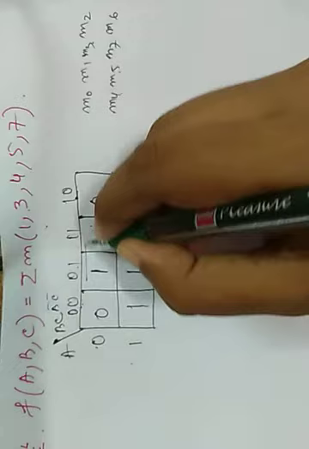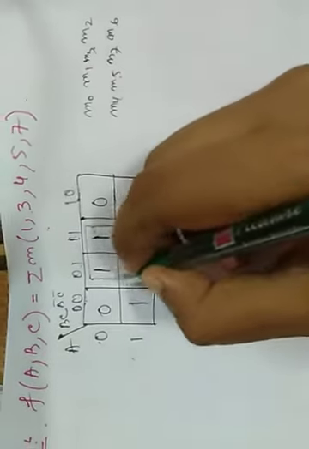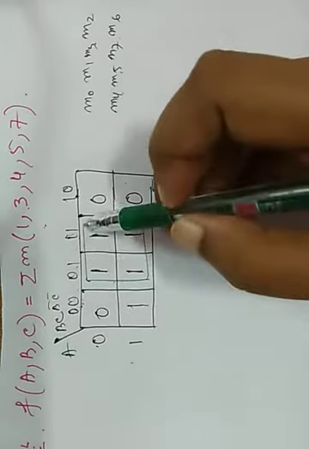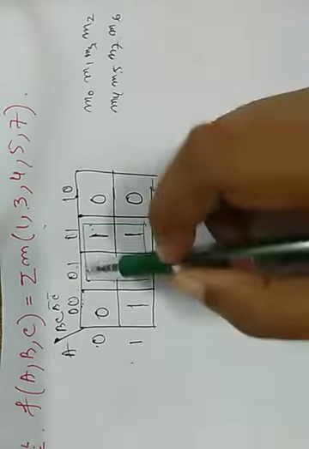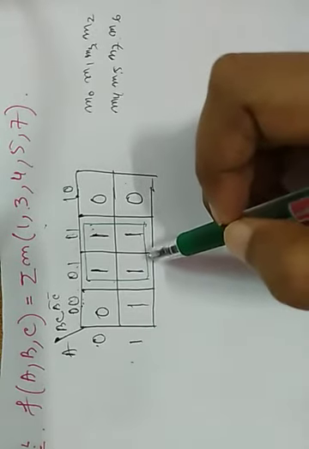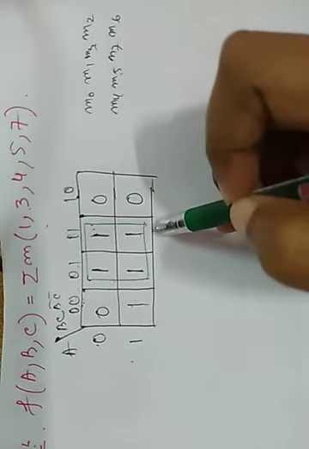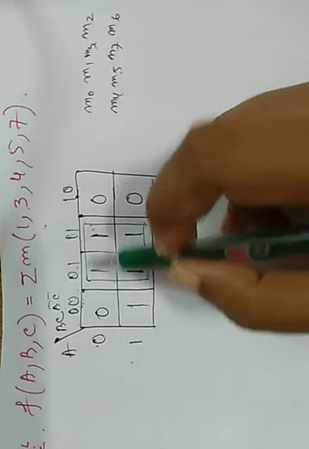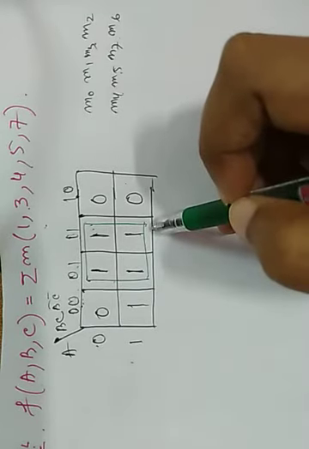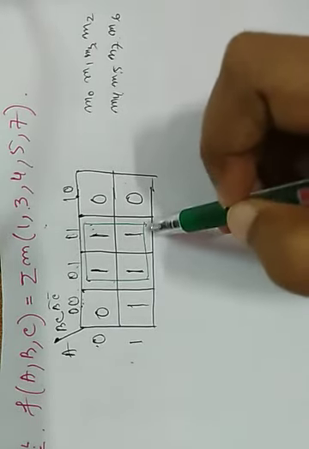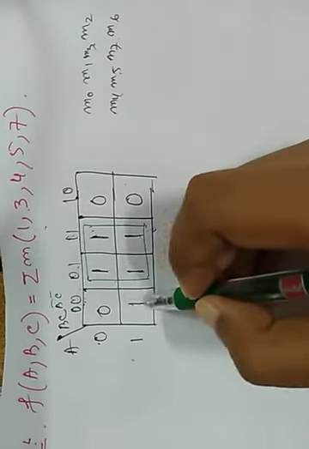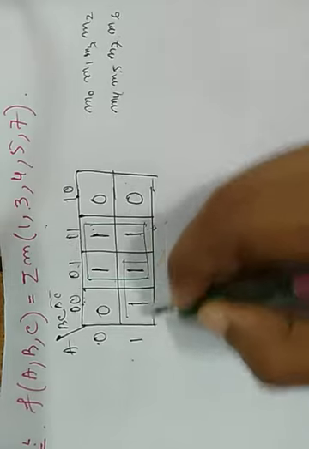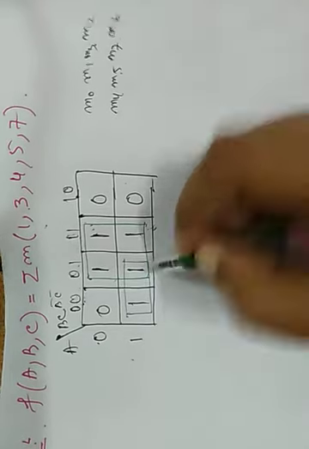That means we can also combine this 4 1 in a group. So the maximum number, as much as small circle is possible in a combination, we have to make that circle. So we combine this 4 group because these 4 ones can be grouped easily in a group, and here also 1 1 is left, so you have to combine it separately.